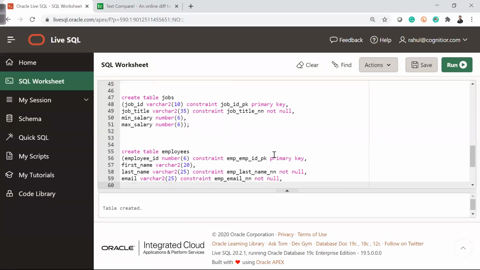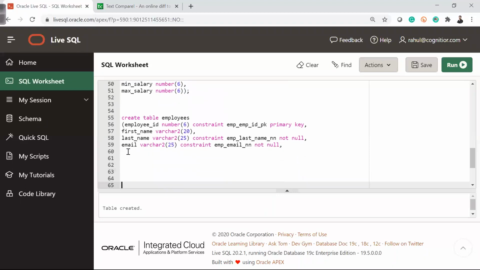So it cannot be null and it should be unique, right? Suppose I have my email id, my email id cannot be the same as Rakshit's email id, right? So I want to add one more constraint where the constraint name is emp email underscore unique key, uk, where I will write unique, and it should be the email column, right? It should be unique. All right, now we have this email, then comma,